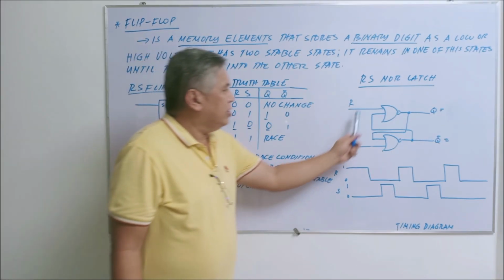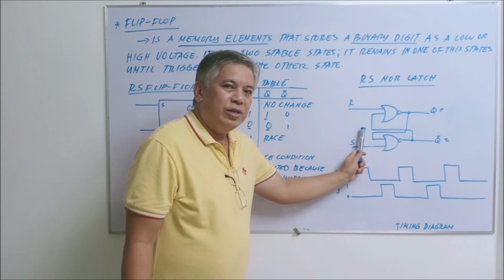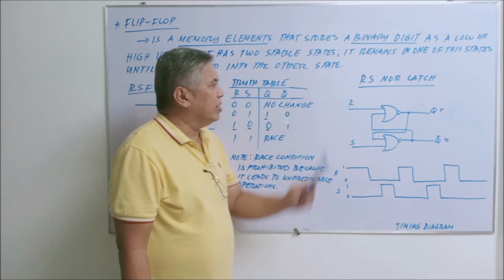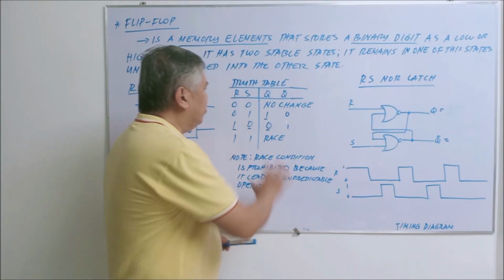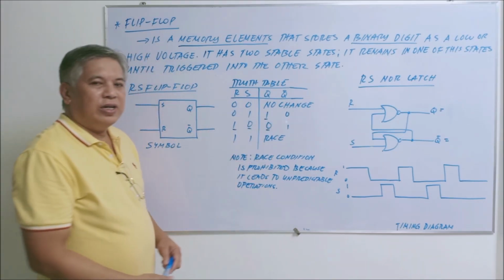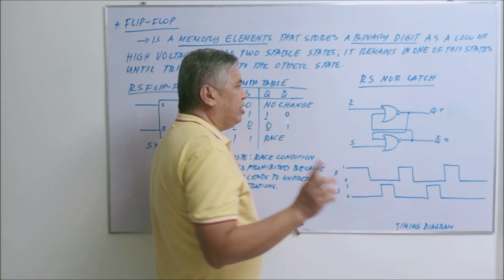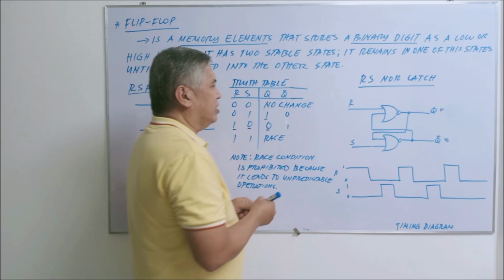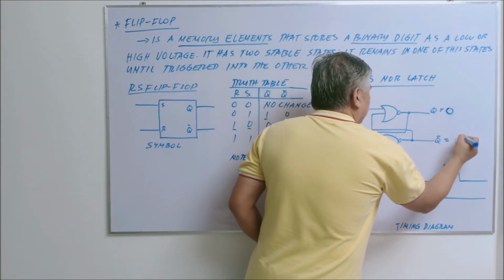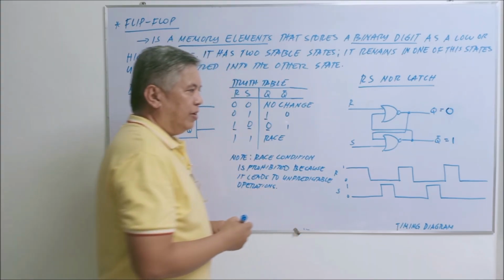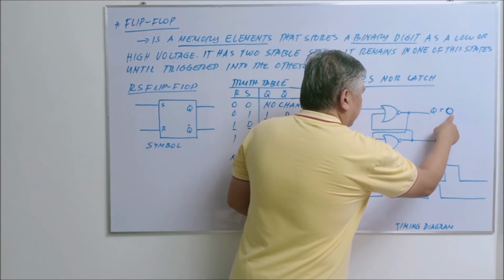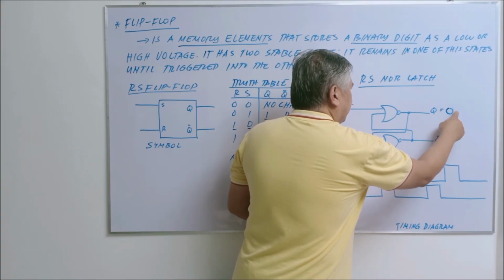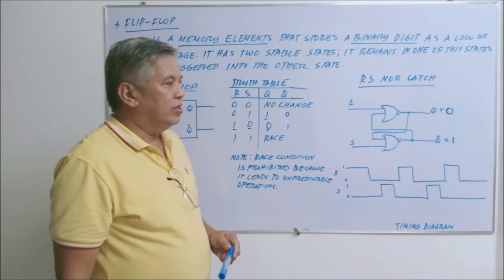No? So this is our logical circuit representation. This is what is inside our symbol. Okay? So we have the RS NOR latch. How do we arrive at this particular table? Initially, without your inputs R and S, your output Q has an initial value of 0 and Q bar is 1. Okay? Why 1? Because it's simply the opposite of 0, which is 1. The opposite of Q is Q bar. So if Q is 0, then that means Q bar is 1.